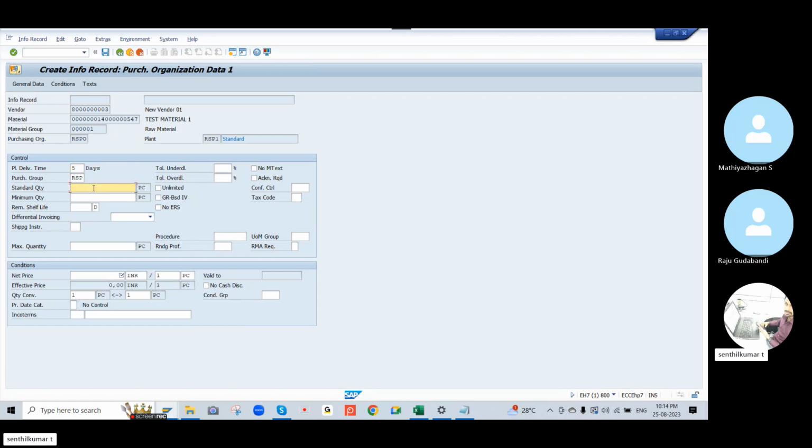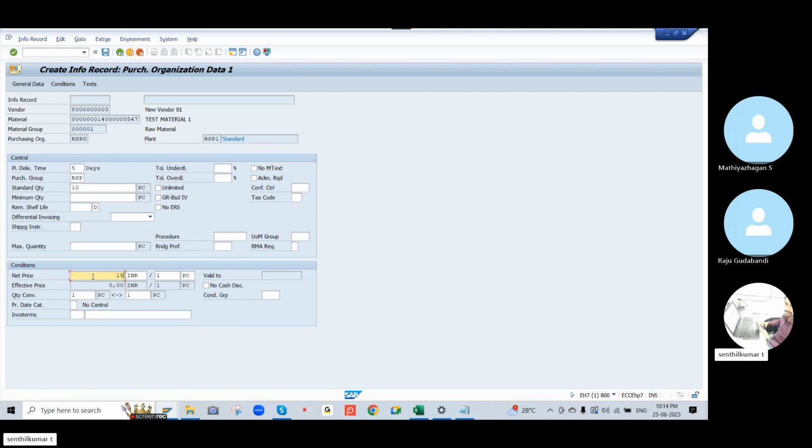That is the standard quantity. How much standard quantity are we procuring from that vendor? So I can enter 10. Everything will be based on the real-time business requirement. What they need, I can enter the price. For example, I enter the price per piece as 10 rupees or 15 rupees. I'll enter it here. Even the quotation that you maintained,